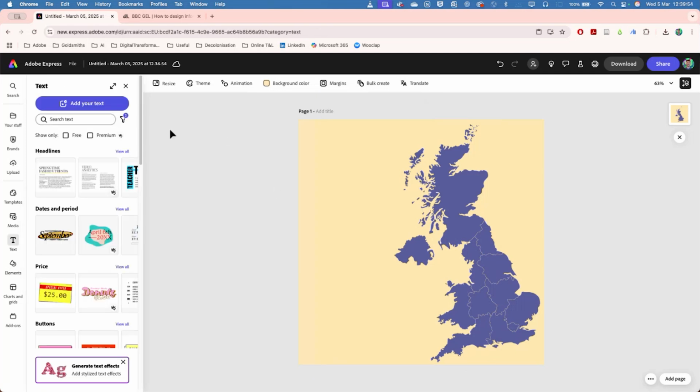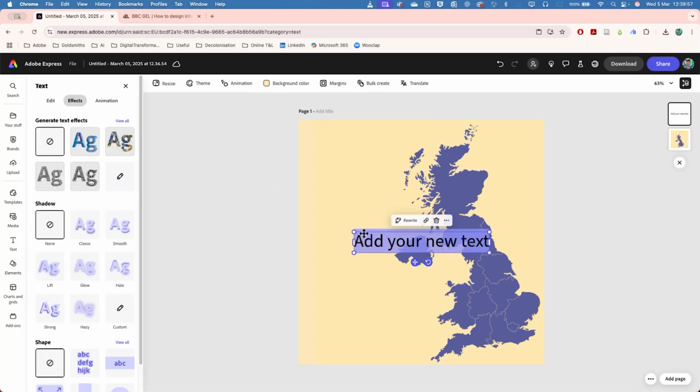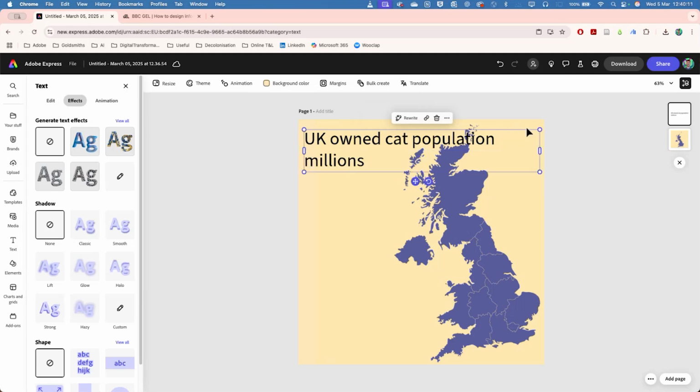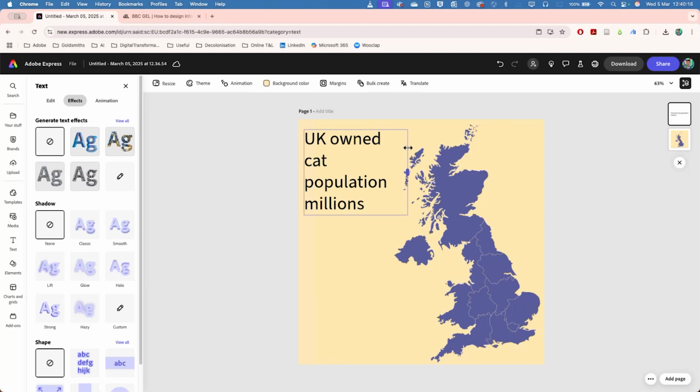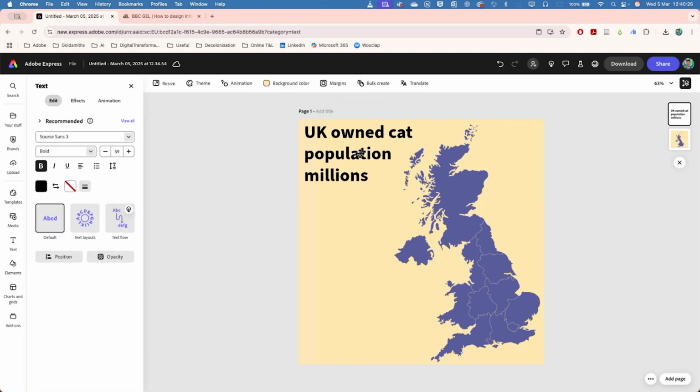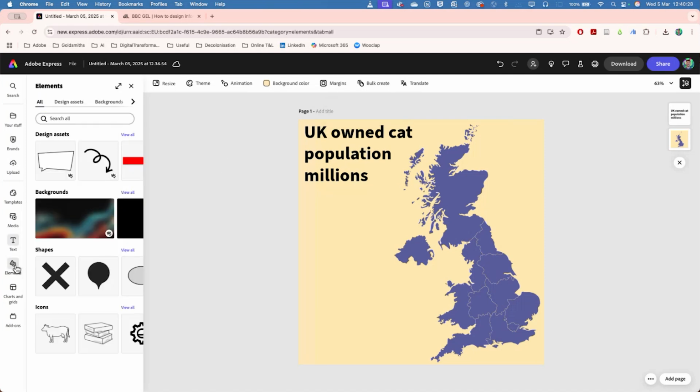Let's add some text, just like we did before. Okay, so we can do a UK owned cat population. Millions. There's a title, so we can make it bold. Okay, now let's add in